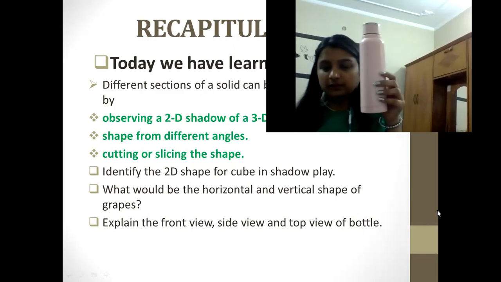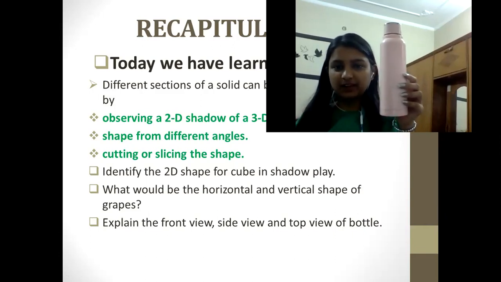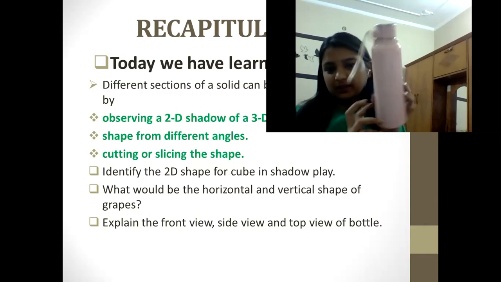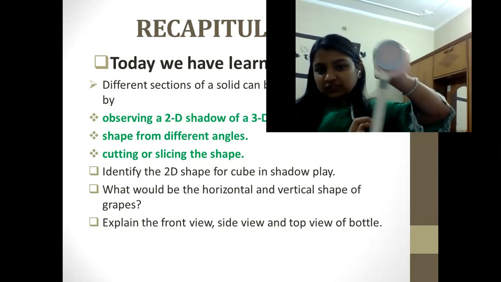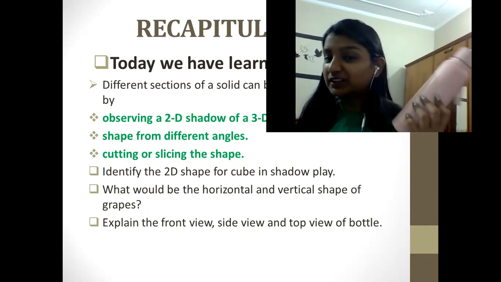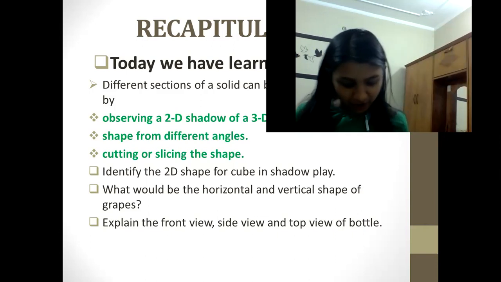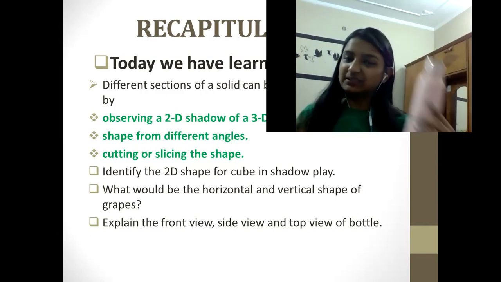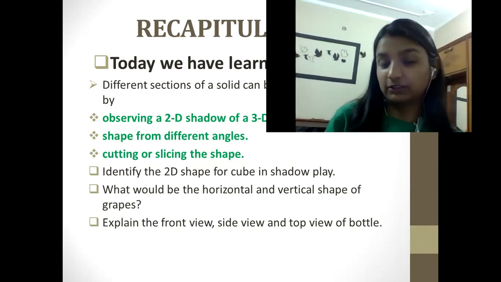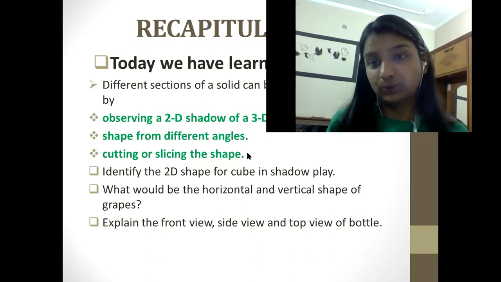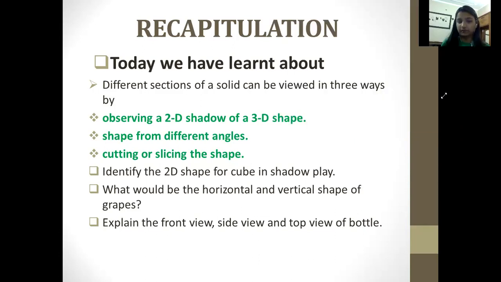Now this is the front view. If I'm moving it here, this is a side view. And this is the top view. So in total, how many views are we observing? We can say it is two in number. How is it two in number? Because if we are showing front and side, it is quite similar. So we can conclude that they are two in number. Okay, good.